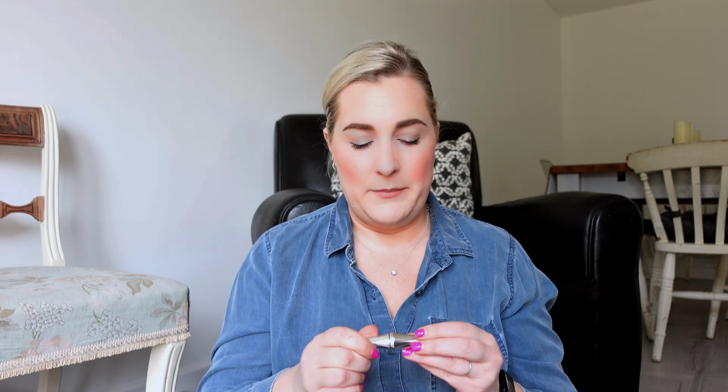One product that I've probably used too long because I loved it and I was trying to scrape every little last bit out of it, is the mini of the 24-hour brow setter by Benefit in just clear. Love this. It sets your brows without being crunchy. 100% will buy again. I just have like 100 million clear brow products that I'm working my way through,